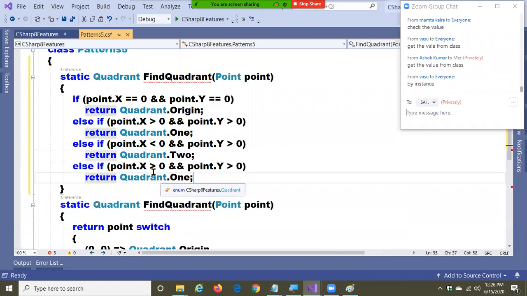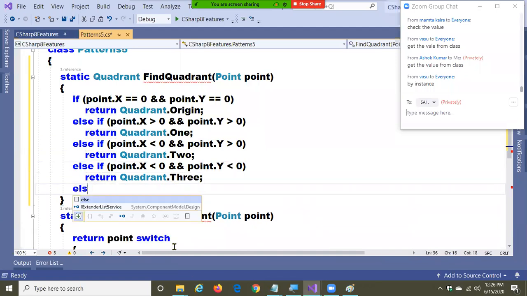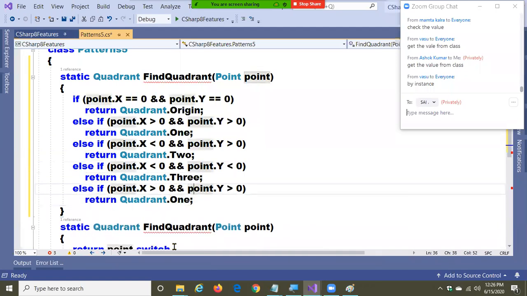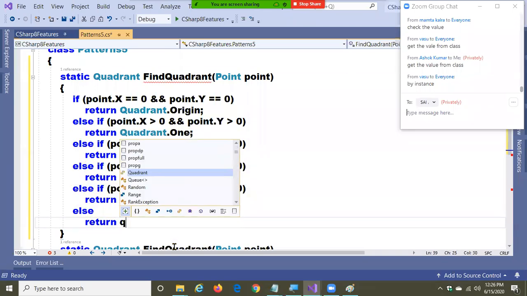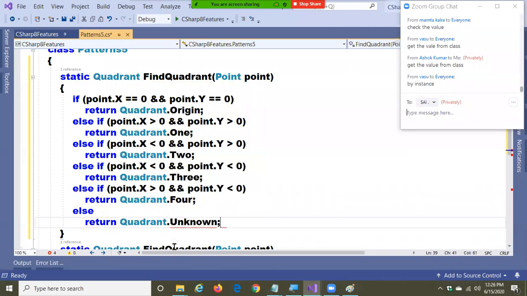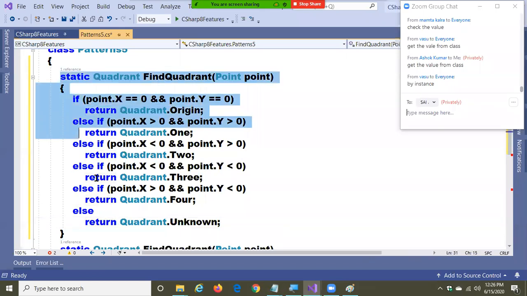Next, x less than 0 and y less than 0, that is .3. Next, x greater than 0 and y less than 0, then it is Quadrant.4. And finally, else, return Quadrant.Unknown. This is the traditional style of writing the code.